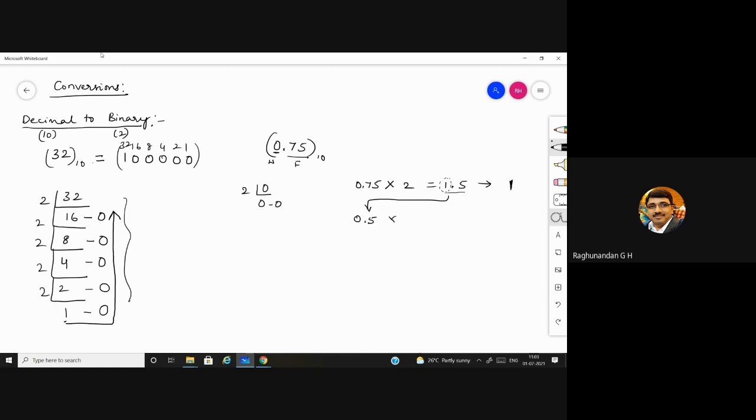So 0.5 into 2 is equal to 1, so we can write it as 1.0. Take this as this 1 here. Now,